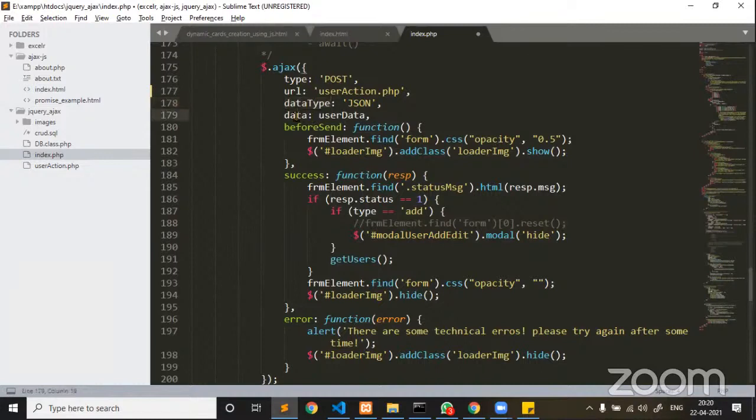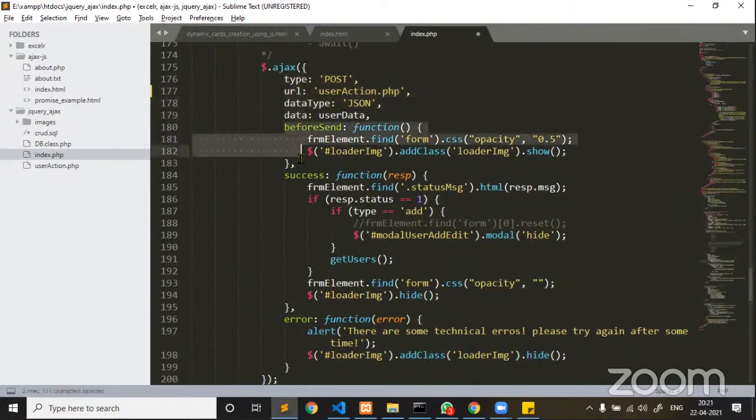And the data that you are passing from client side to your server, the data which we are supposed to collect from a client and pass back to the server, can be attached with the data property. This is how every property is predefined, and for the values you have to give your own values.